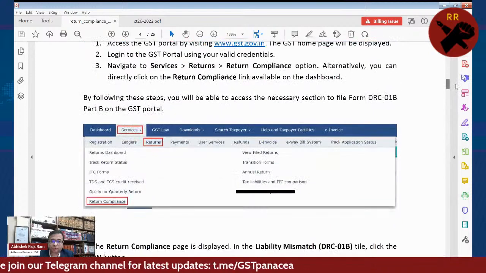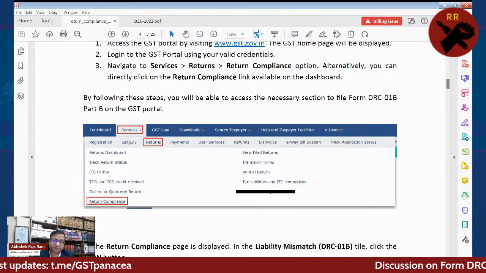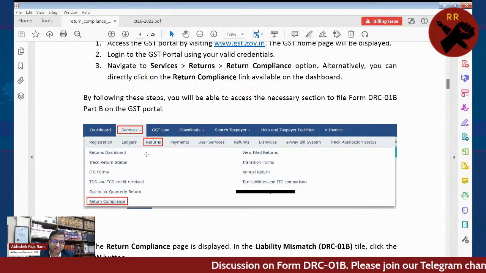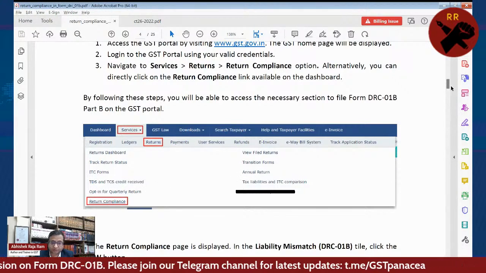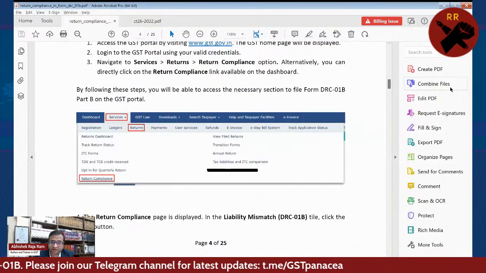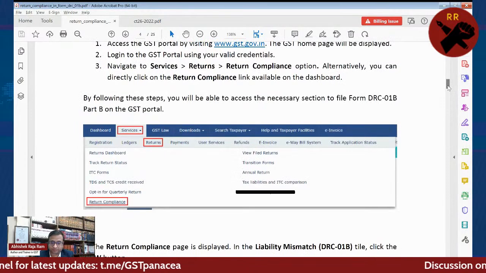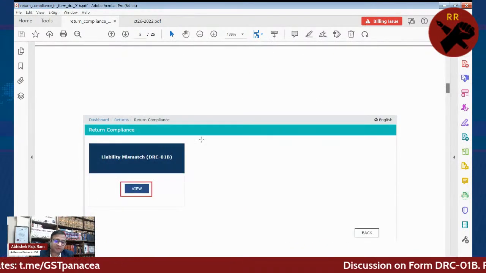So once you go to your forms, GST portal, ये आपका डैशबोर्ड है. In this you go to the services returns, and then return compliance. Once you go to return compliance, so you will be able to see the DRC-01B form. So there would be liability mismatch.